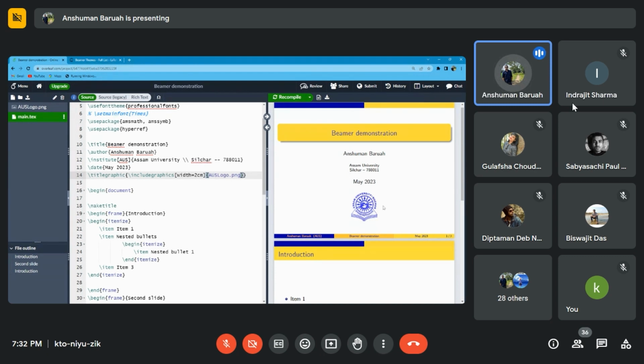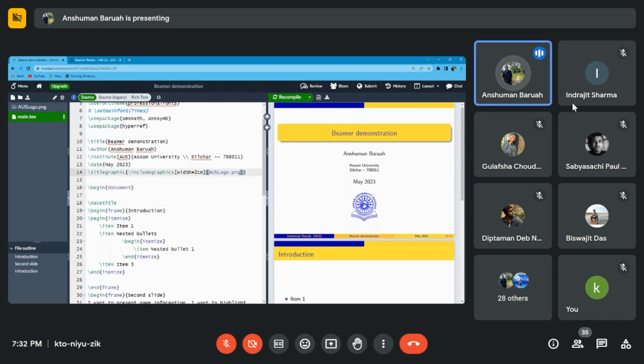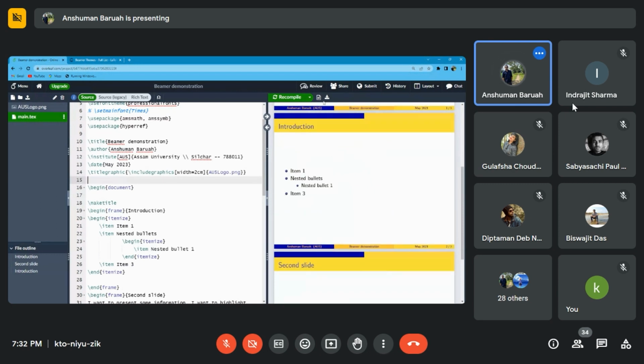And by the way, if you want to include additional logos in addition to this Assam University logo, I can use another titlegraphic command and include another logo, and these will be compiled side by side. Generally, we use one logo, and it is fine. So okay, fine. Now if I download this presentation,